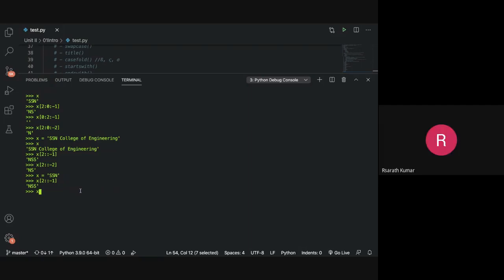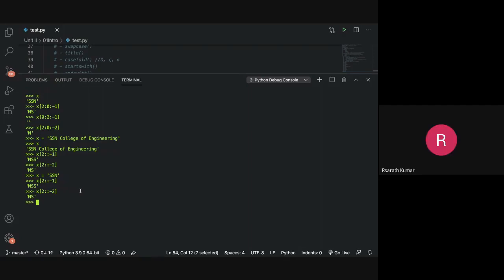Sir, that 2 double colon minus 2 is different, sir. 2 double colon minus 2. What do you think will be printed here? NS.